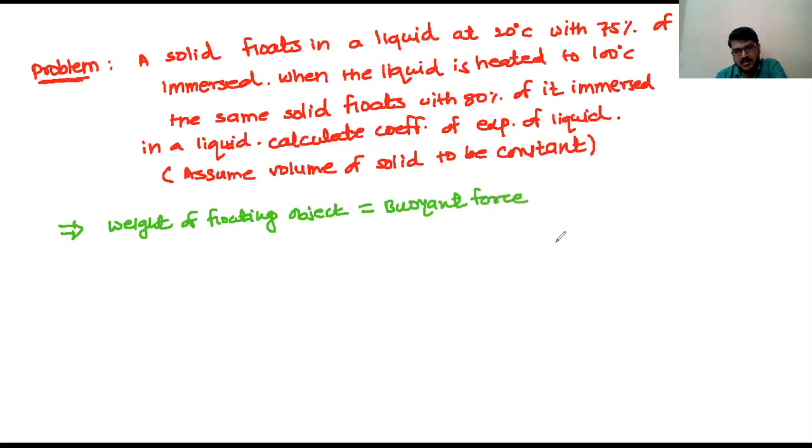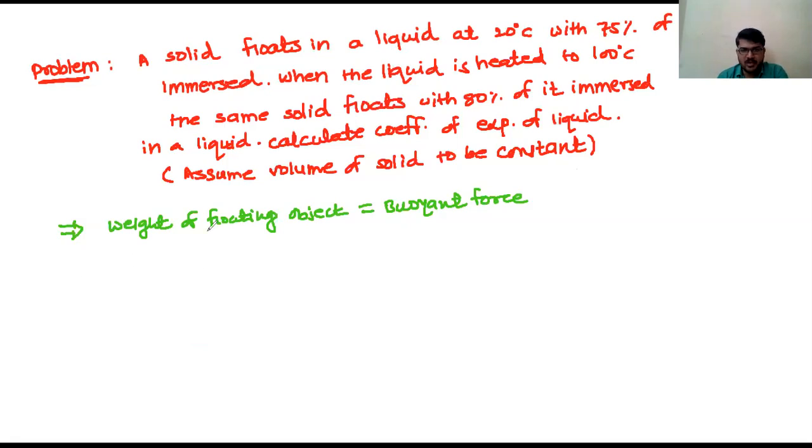You might have learned it in lower classes. So the weight of the floating object is equal to the buoyant force on this floating object. So what is here? See,